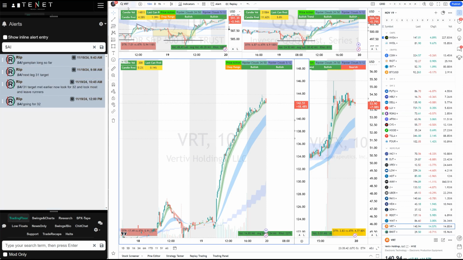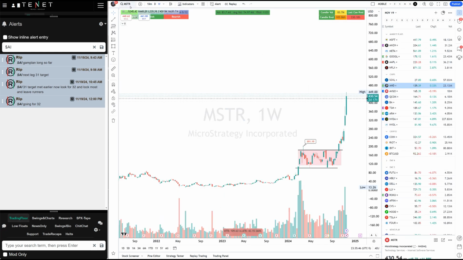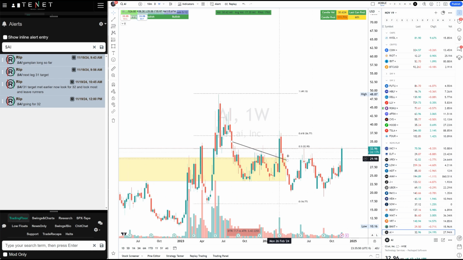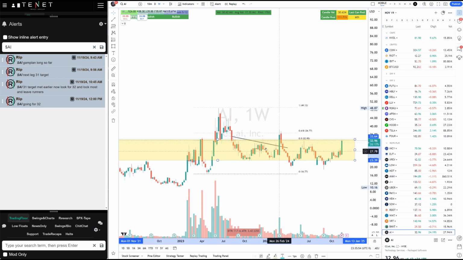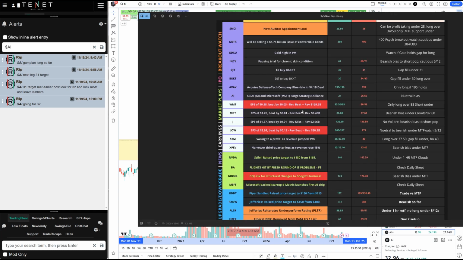So the next one we're going to look at is AI. It's been a while. AI did a big move, but we had news on AI today, and it might be ready for further moves, the way it's trying to get out of this consolidation, and a lot of these small names are moving. So AI, the plan was neutral. I had frankly neutral bias on AI, but later I read the news in detail. It was actually pretty bullish for AI.